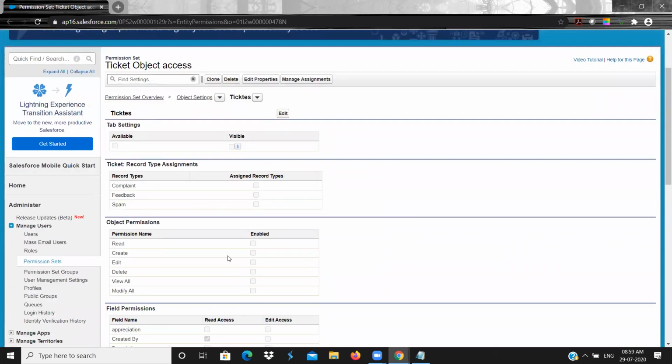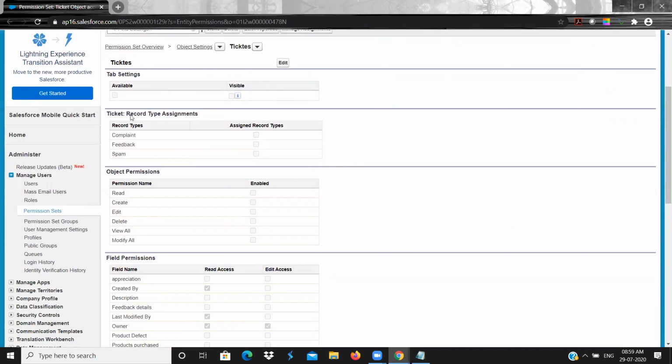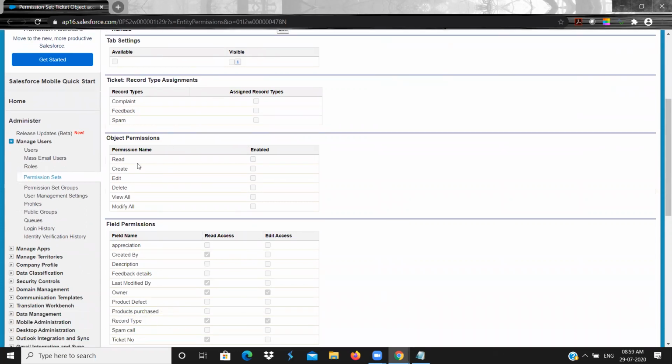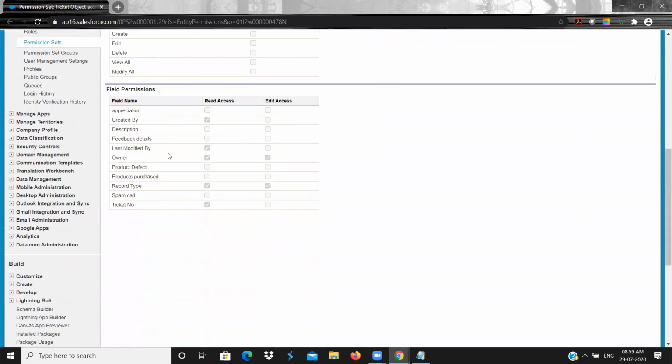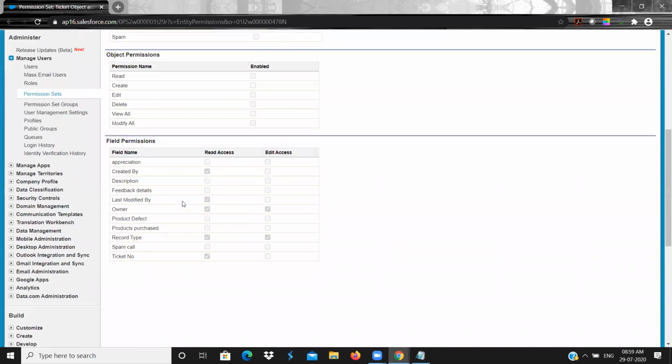Now inside the object, what are all the things you have? Tab, record types, permissions: read, create, edit, delete, view all, modify all, and field permissions. So click on edit.